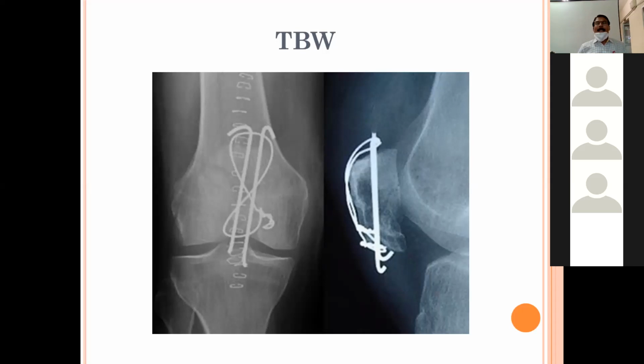Or if there is a step in the undersurface of the patella because it was not reduced nicely, that may cause erosion to the articular surface. So these are the complications it may face later on. But most of the time we get complaints of wasting of the quadriceps muscle and also stiffness of the knee joint. Sometimes infection may be there, but these are the more common complications. Osteoarthritis is a late complication. So this is your fracture patella.